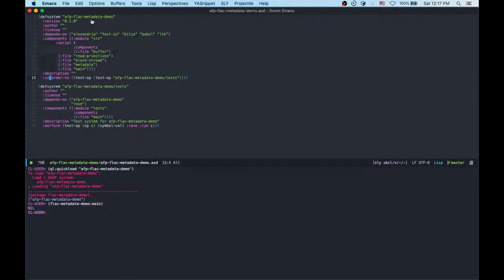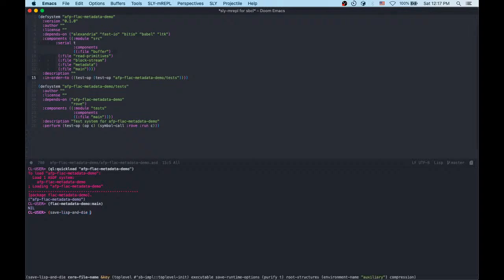Of course, using entry point and ASDF can certainly be used in multiple Lisps, but I don't believe what I showed you in save Lisp and die can be leveraged in the command line app in the actual execution of this function. That's specific to